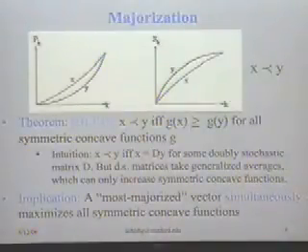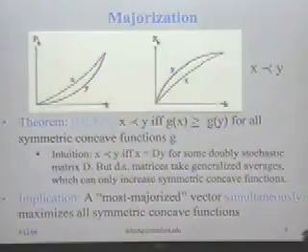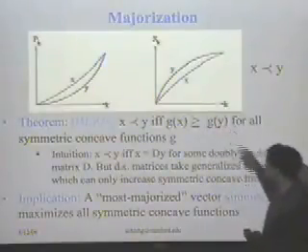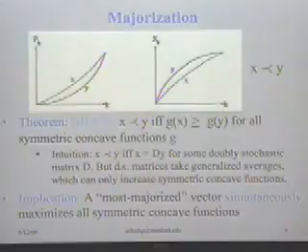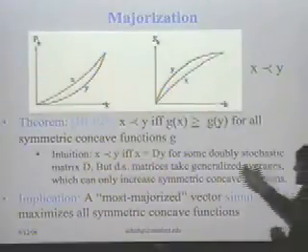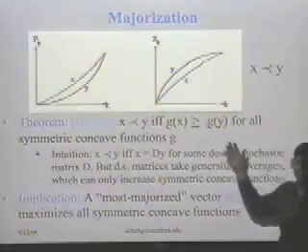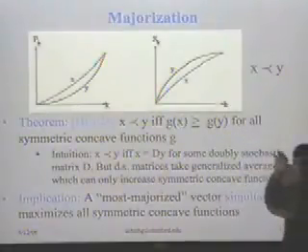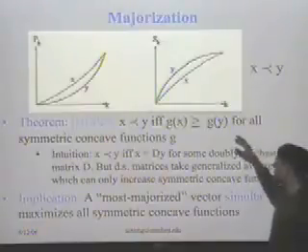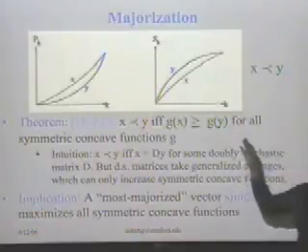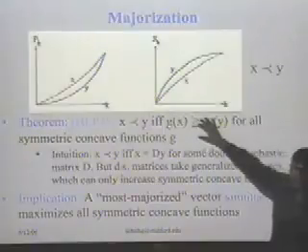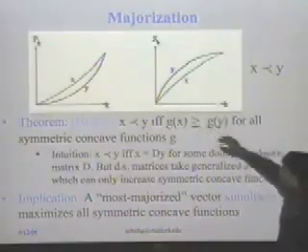The theorem that they proved was that x is majorized by y if and only if g of x is greater than or equal to g of y for all symmetric concave functions g. This was there somehow, but they weren't really trying to do fairness. They were just interested in inequalities, because I've been told by many people that Hardy didn't like motivation, so they were just interested in proving theorems.